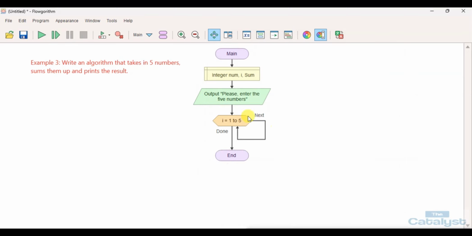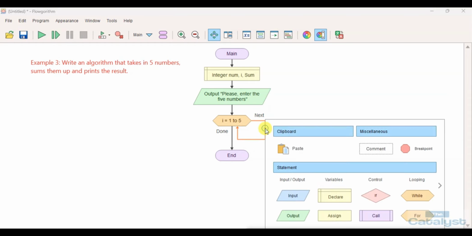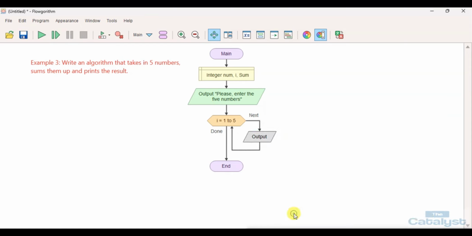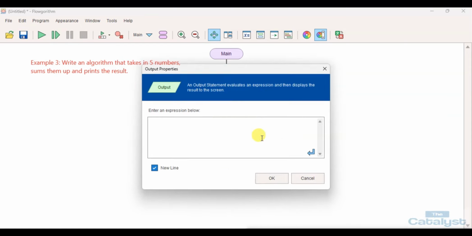So inside the loop now, this is the loop here. This arrow shows how it's going to loop. So we'll click on the arrow. What do we want to loop? What do we want to repeat? Which instruction do we want to repeat itself? We want the user to enter the 5 numbers. So we'll use an output where